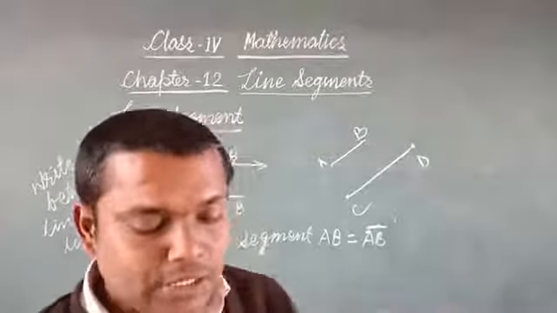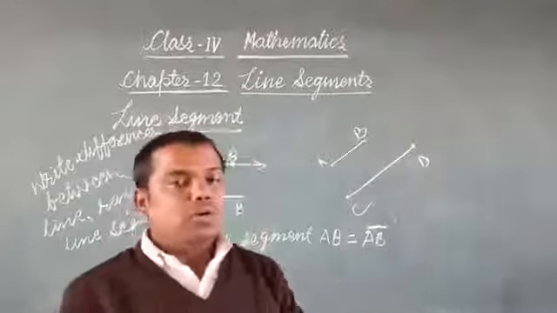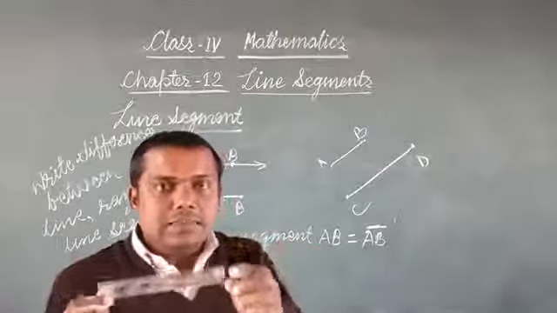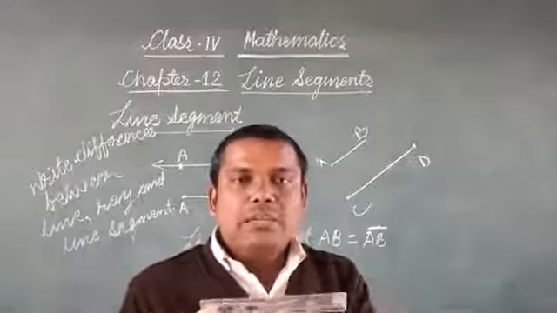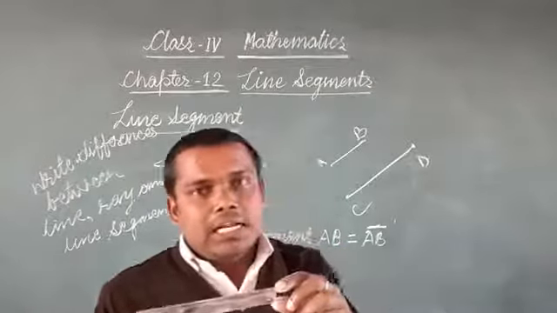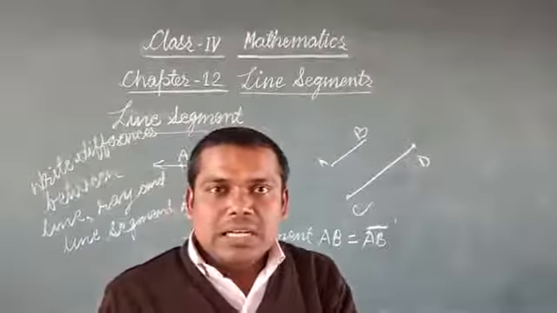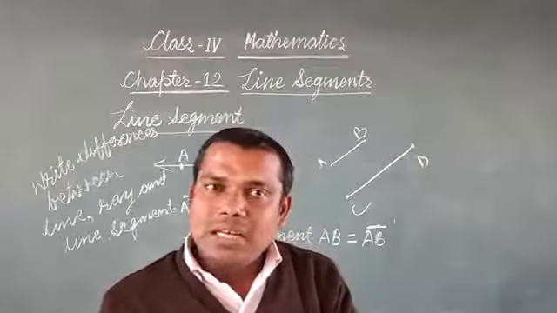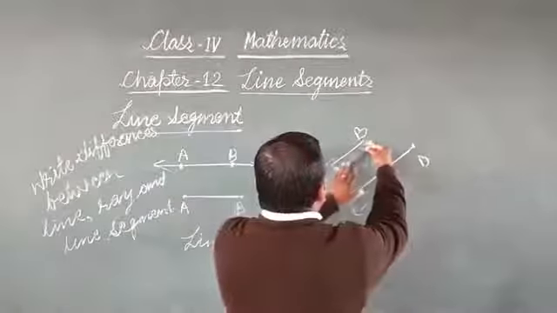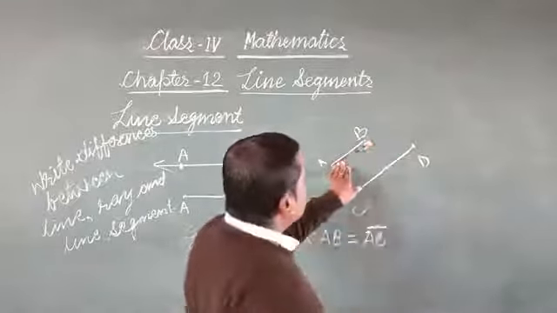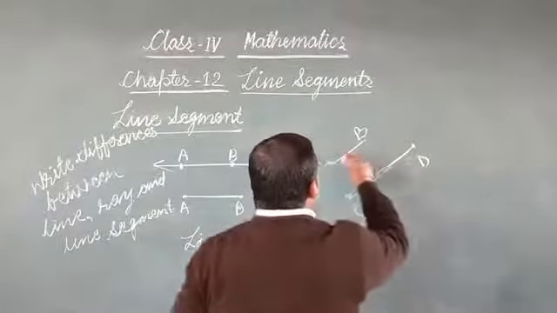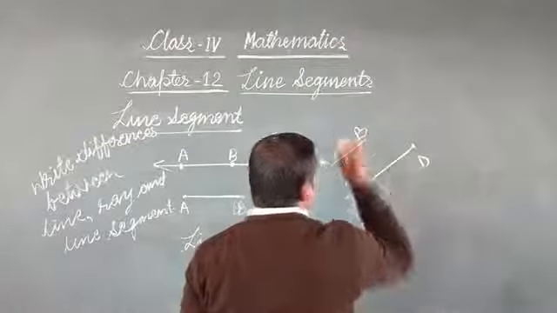How to take measurement? You must have seen the ruler. On the ruler, one side centimeter scale is given. In that 10 millimeter is equal to 1 centimeter. So if a line is given, you can keep the 0 mark at one end and see where the other end reaches, you can easily measure the line segment. Suppose I have this line segment, I keep one end at 0 and the other end reaches 14. So I can say AB is 14 centimeter.